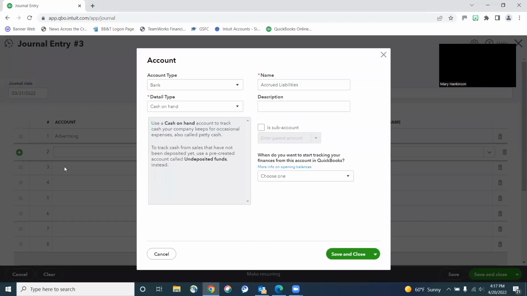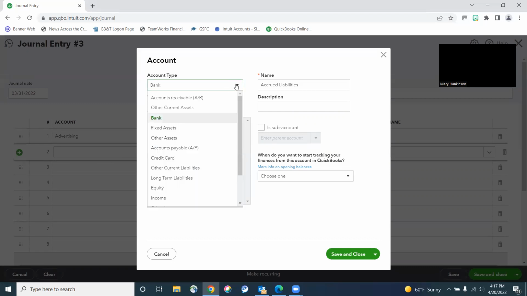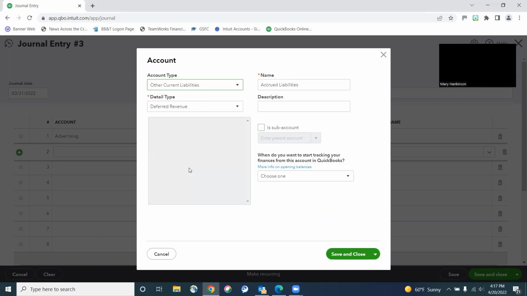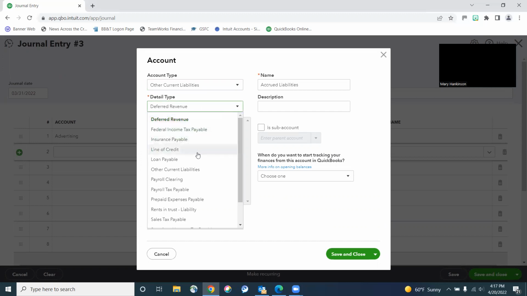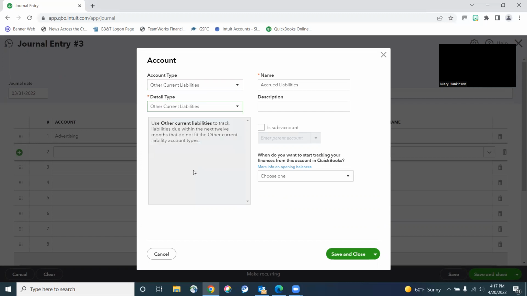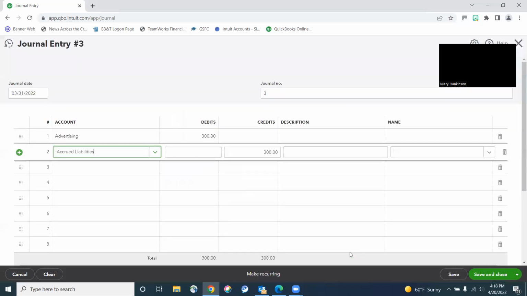Now, the account type that we're going to use for this is going to be other current liabilities. So like the last one, where we used other current assets, this time we're creating a liability, and it's a current liability. The detail type that we're going to use is also going to be the same thing, other current liability. And we're going to keep the name accrued liabilities. Then we hit Save and Close. It's auto-populated in the amount,